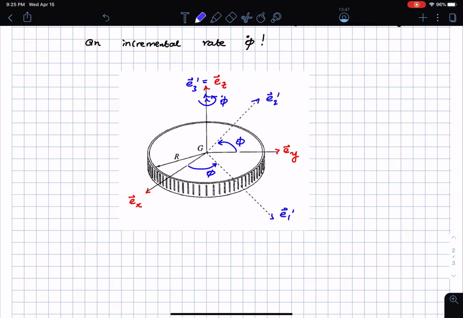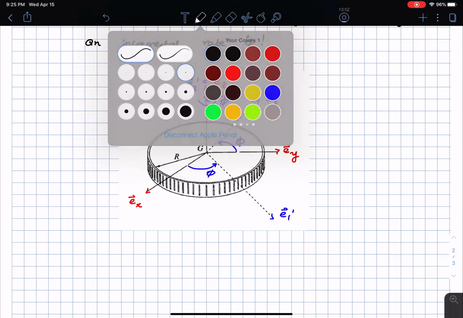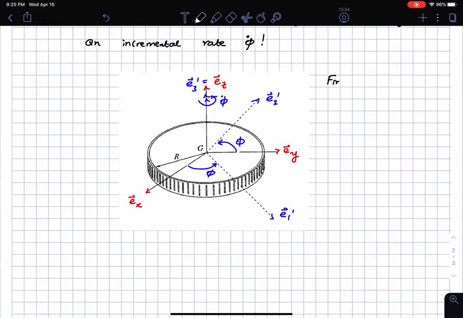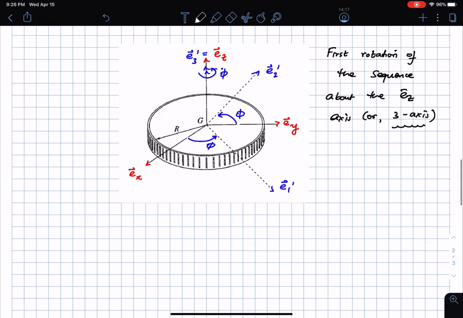Let me say that this is the first rotation of the sequence, about the EZ axis or the 3 axis. Okay, and what I want to do here is represent the E1 prime, E2 prime and